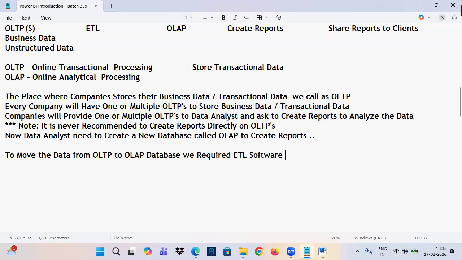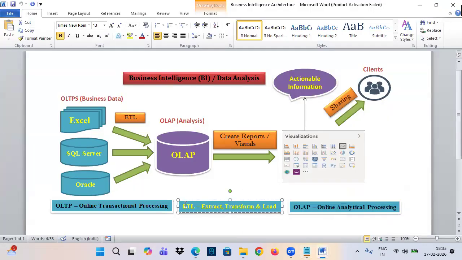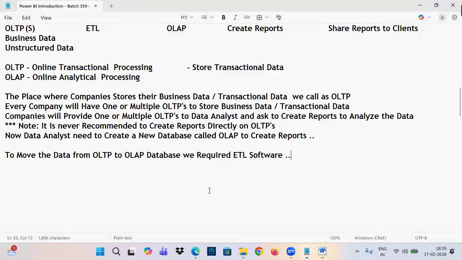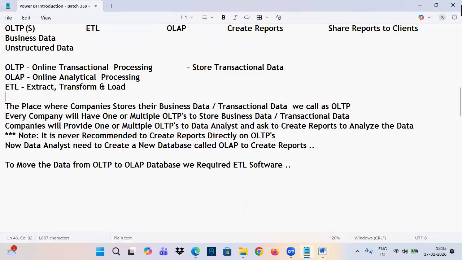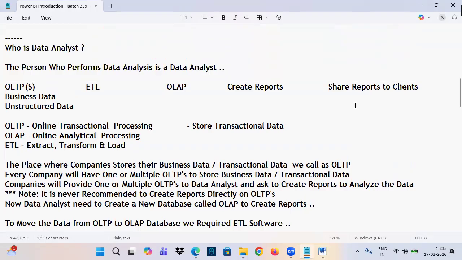ETL software. What does ETL stand for? ETL full form is extract, transform, load. Now, what data do we need to move to the OLAP? OLTP will have all the company's